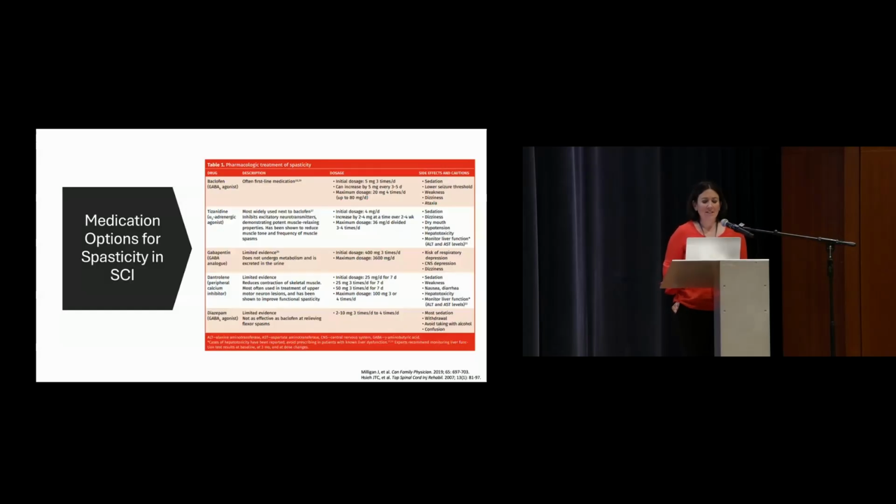Kind of interesting to me, but this suggests that the underlying mechanisms for spasticity and neuropathic pain might cross over, where some of the medications that we use may be efficacious for both types. Dantrolene, a peripherally acting calcium inhibitor, has some efficacy in treating neuropathic pain, but the downside of dantrolene is that it increases muscle weakness, so we don't really use that as readily for this population. And then diazepam, not much data specifically in the spinal cord injury population, but it has been suggested for nocturnal spasm. It's very sedating, and so dosing it at nighttime can really help with the nocturnal spasm that patients may experience.